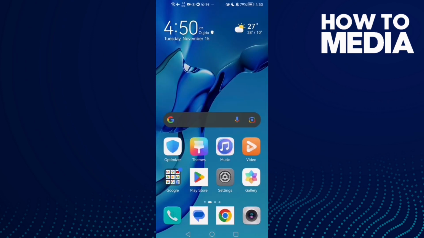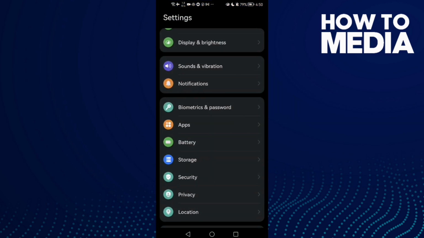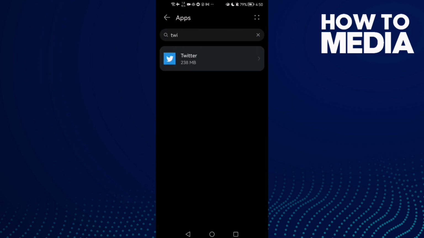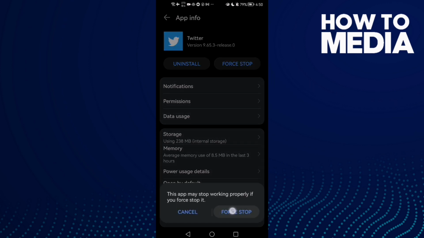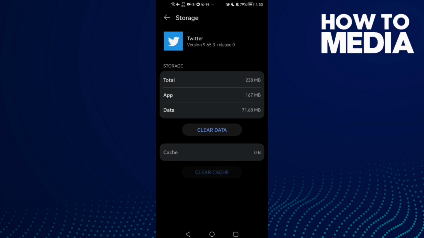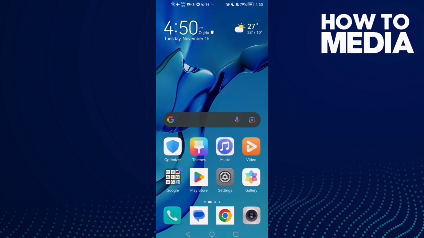Your problem must be fixed, but if that doesn't fix your problem, just go to settings and then apps, and now apps again, and here you will find Twitter. Just type it and you will find it. And after that just click force stop and then click storage and clear cache, and then go to Play Store